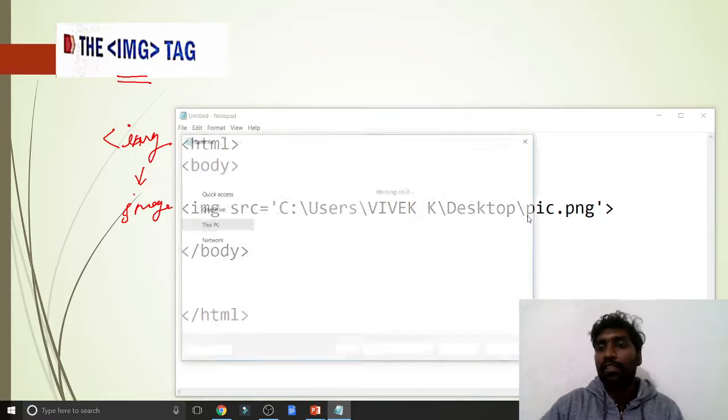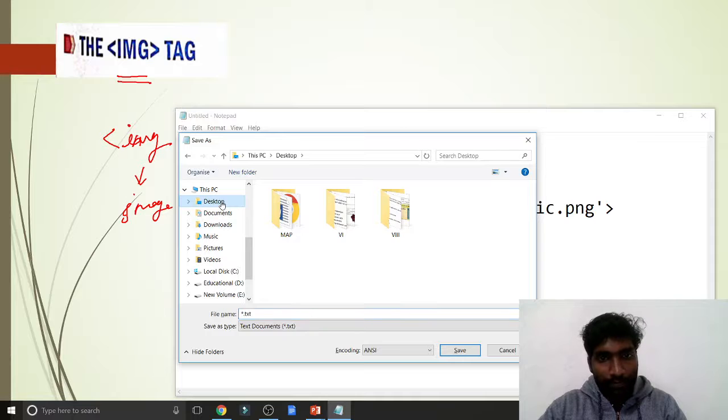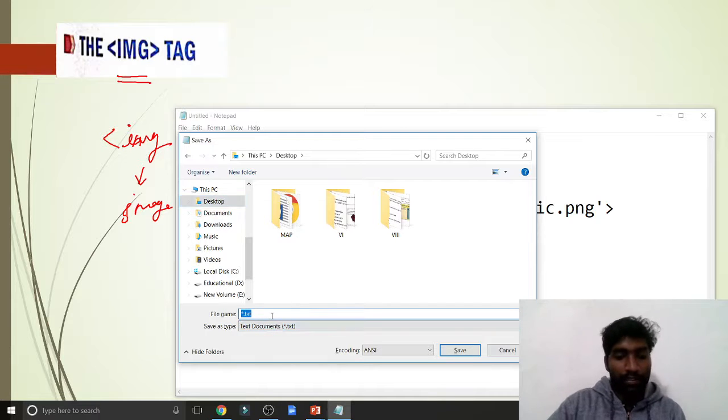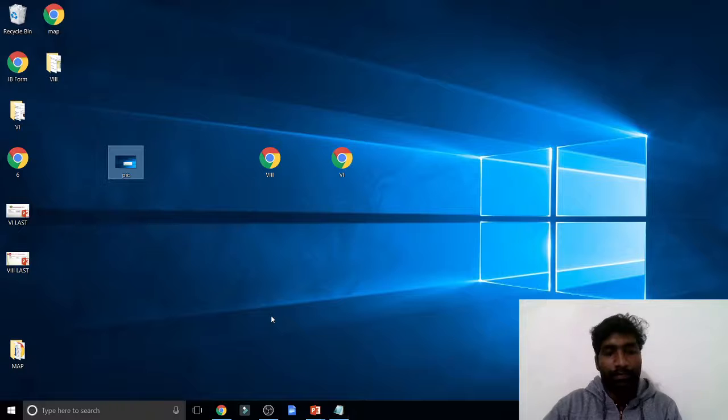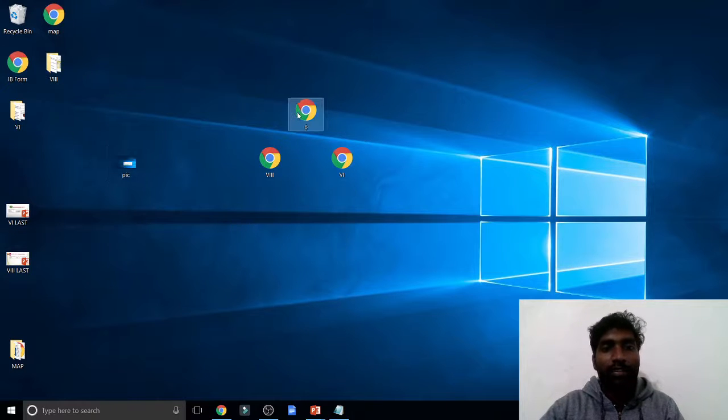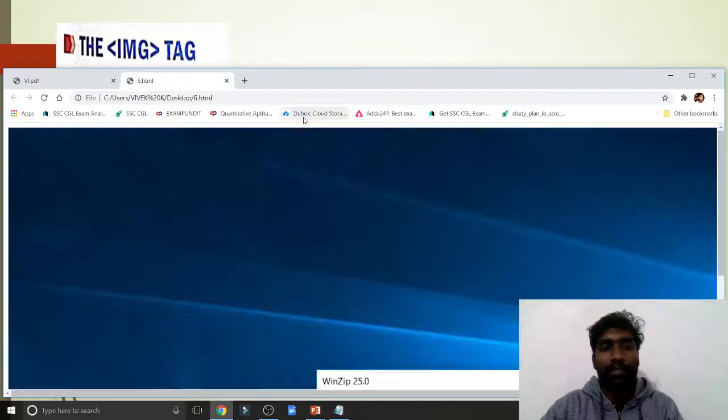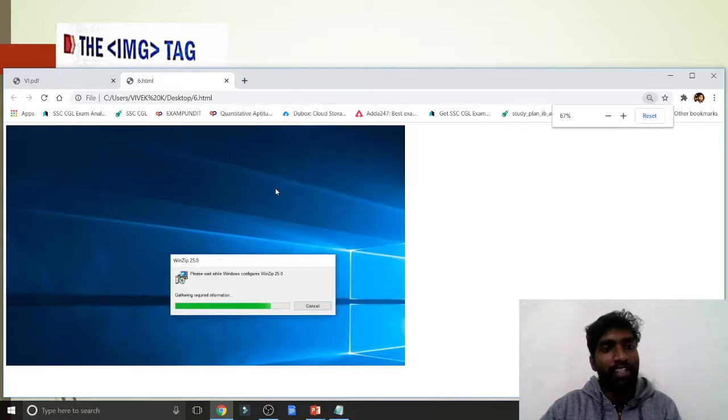Now I am saving this file on the desktop. I am giving the name 6, and after the file name, .html is compulsory. I have given 6 here, you can see. Now just double click. The image is here.